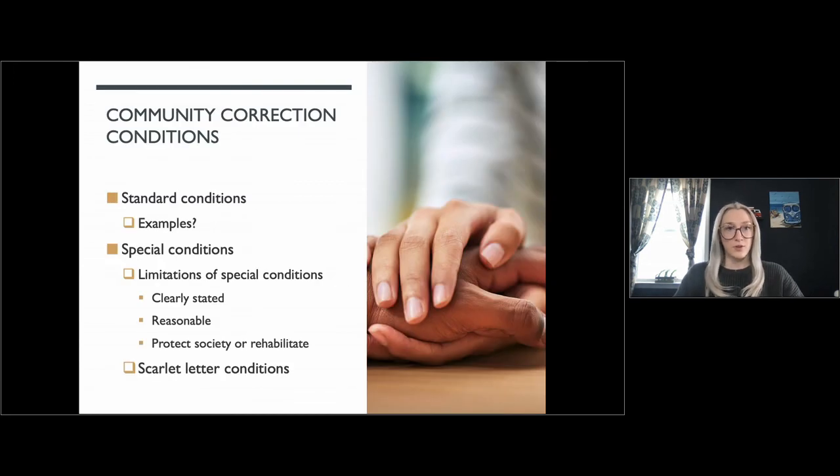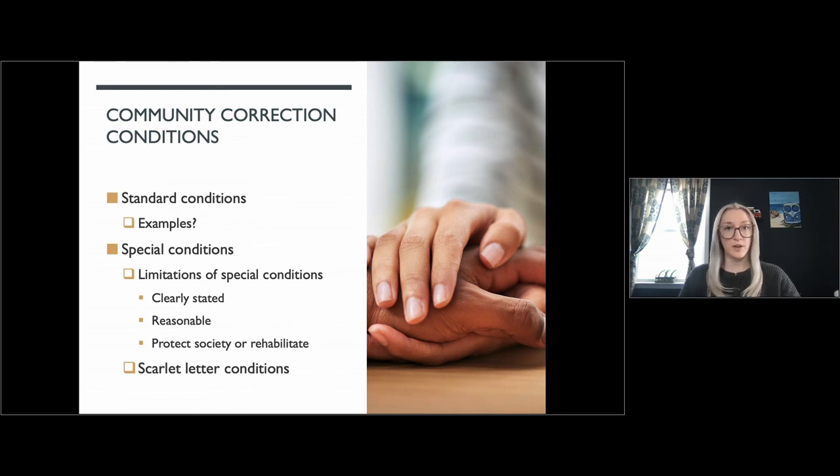So once the offender goes to sentencing, the judge has considered all of these factors in this PSI report. Now the judge is going to consider what types of conditions they should be given under a community correction sentence, if that is in fact their sentence. So you have standard and special conditions. Know the difference between these two. It's important to know that the judge is going to have the final say on which conditions the offender should be participating in or subjected to, although the PSI officer will make some recommendations for conditions.